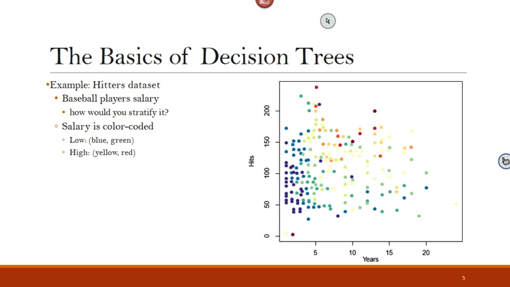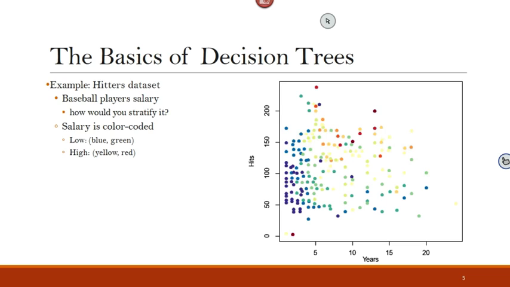Okay? So what's happening in here is basically your objective function, or your loss function, the one that you try to minimize, is the residual sum of squares, the errors. The misclassifications if it's a classification problem, or residual sum of squares if it's a regression problem. So your objective is to have a minimum value of either, depends on the problem, and based on that you will make your selections.